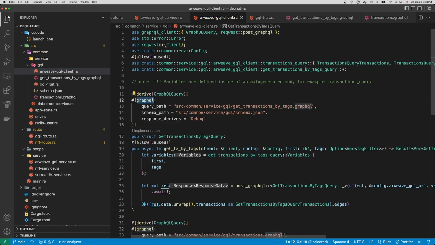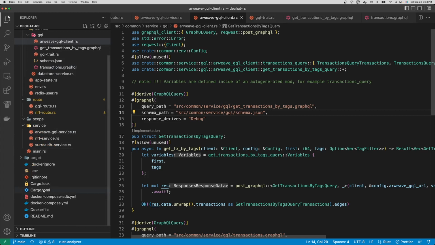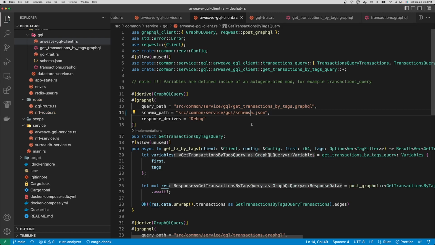And then this one is where, as I mentioned, we needed those query files and the schema file. So this is where you're going to be referencing those files. Make absolutely certain that the paths that you give are correct. This root represents wherever the cargo.toml file is. So that's where you're starting from. And then the rest of the path, in this case, to the JSON file, and then the GraphQL file over here. If you get this mistyped, then